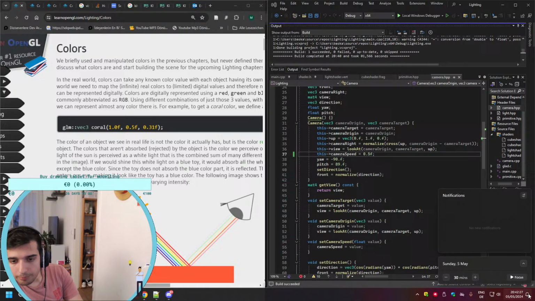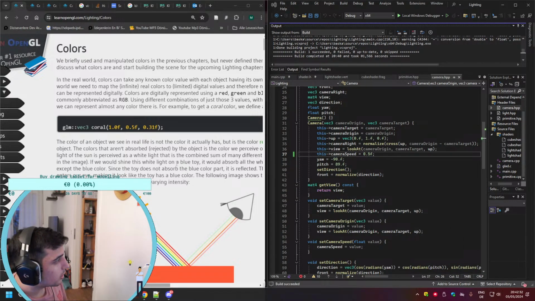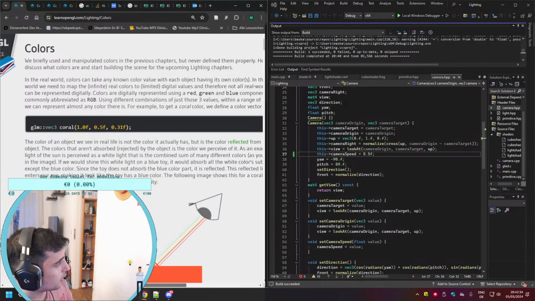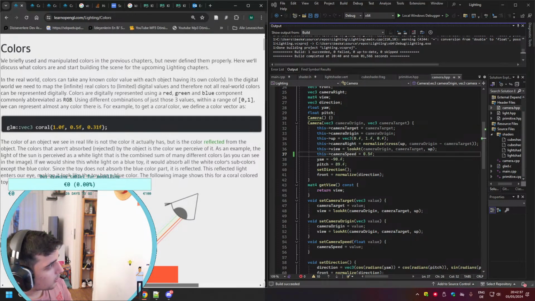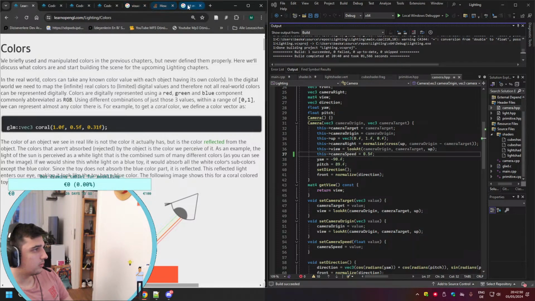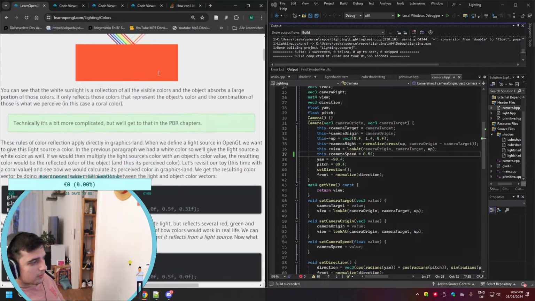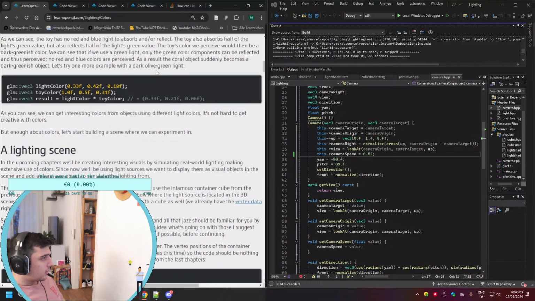We will discuss what colors are and start building. I know actually what it says here because